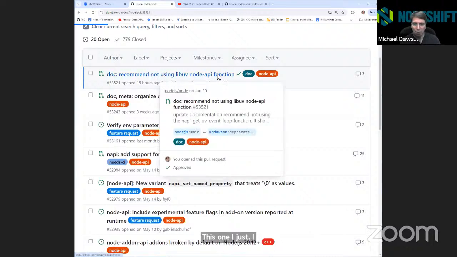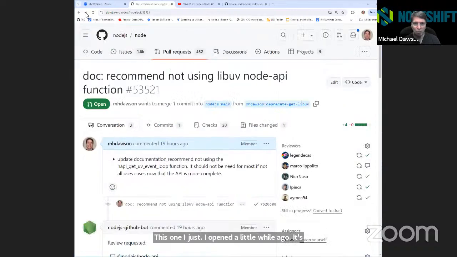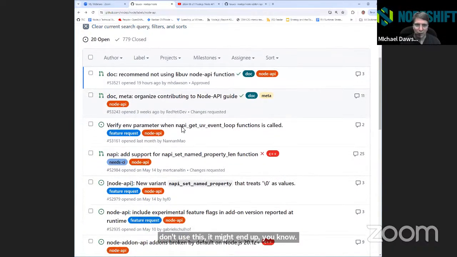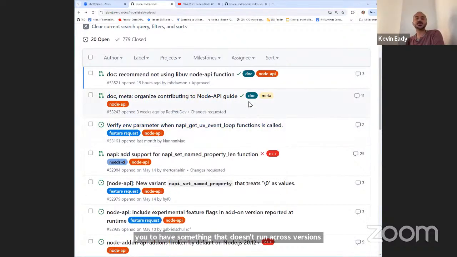It's really just documentation to say don't use that get UV event loop function, because of what I was thinking in terms of us having deprecated files exists on the add-on, but not in core. So I just added some documentation that basically says, don't use this. It might end up causing you to have something that doesn't run across versions. I think there was a comment on it